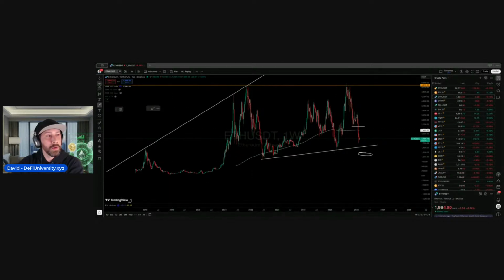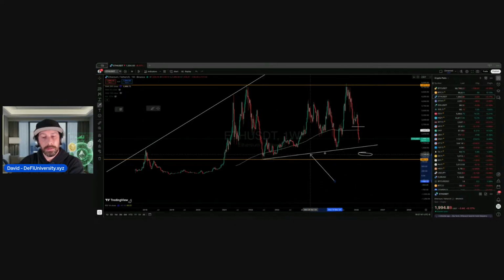Well, if Bitcoin makes a move to 50K, then I would not expect this level of trend line support to hold. If Bitcoin moves to 50, then I don't think that $1,600 for ETH holds as support. My expectation would be something much closer to $1,000, like maybe $1,100 or maybe $1,200, like a slightly higher low